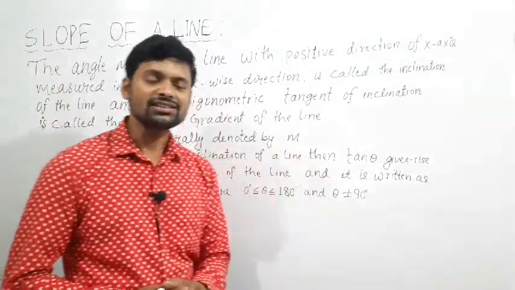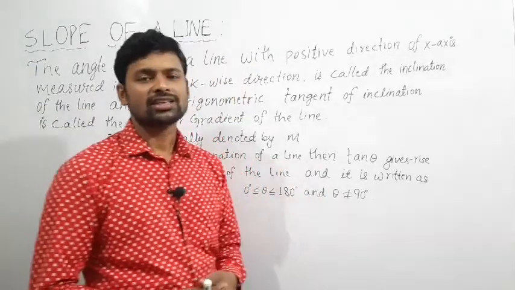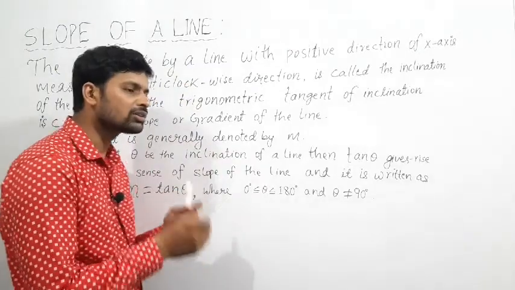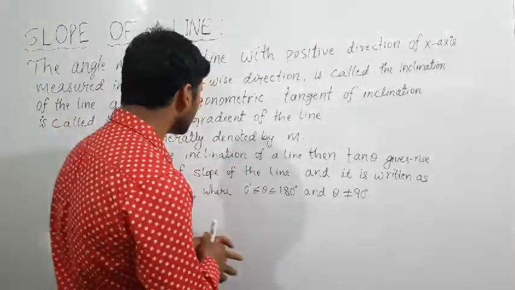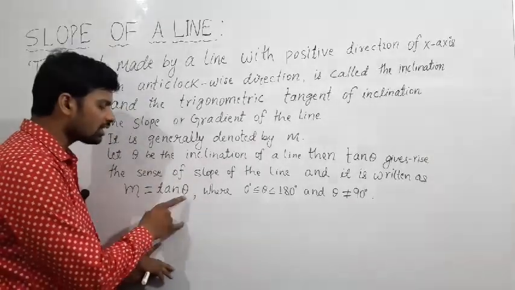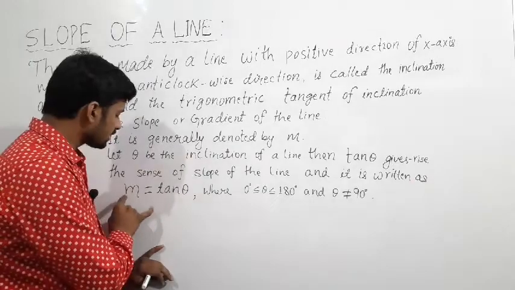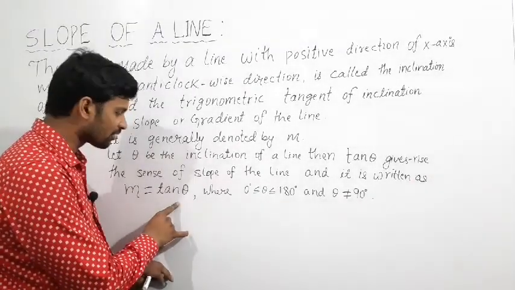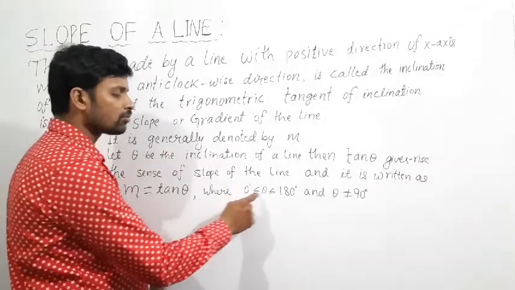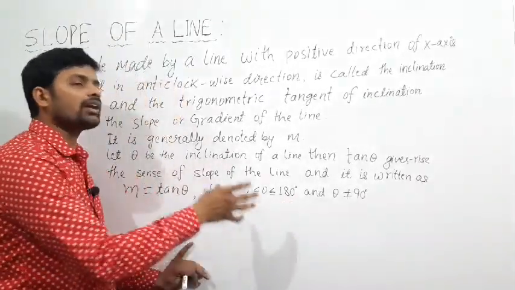If theta is the inclination of a line, then tan theta gives the sense of the slope of a line. Since we denote the slope of a line by small m generally, we can write that if theta is the inclination of a line, then the slope of the line is m equals tan theta. Well, in this expression theta can vary from 0 degree to 180 degree in the degree system, and in the radian system